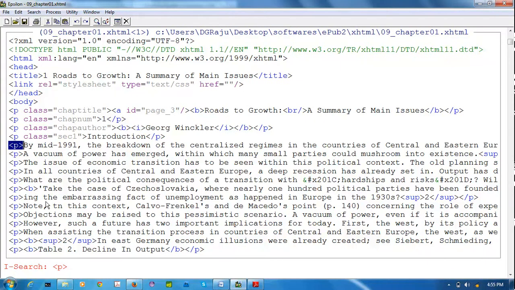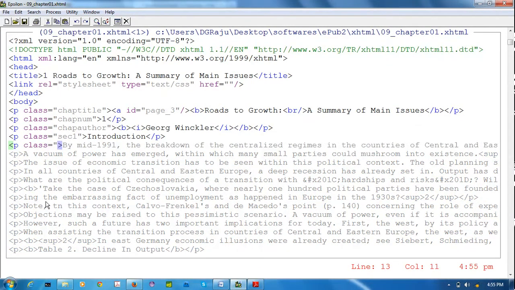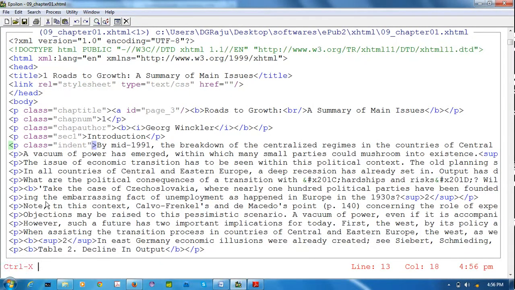I have searched, so I am using the left key. It is coming under the paragraph tag. I am giving a space and typing class equal to double quotes indent, close. I am saving it and closing the macro. Ctrl X Shift 0.